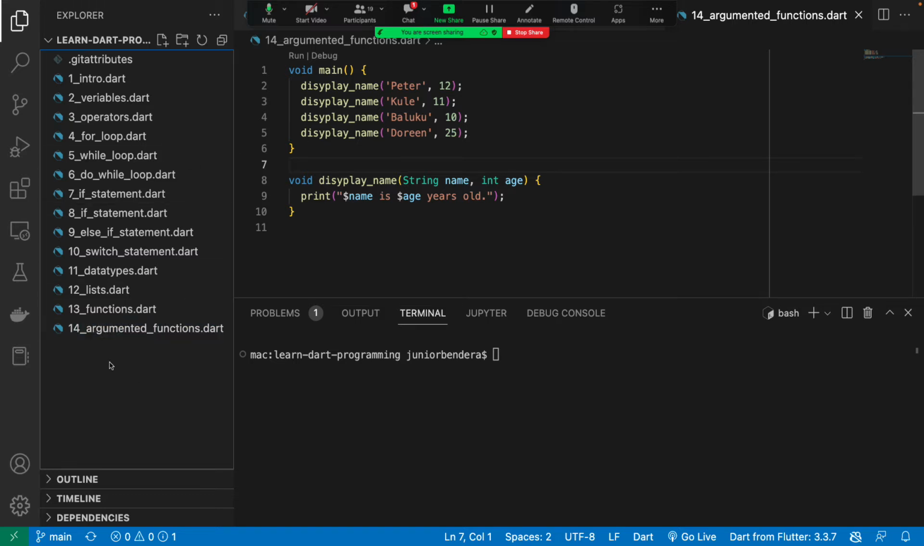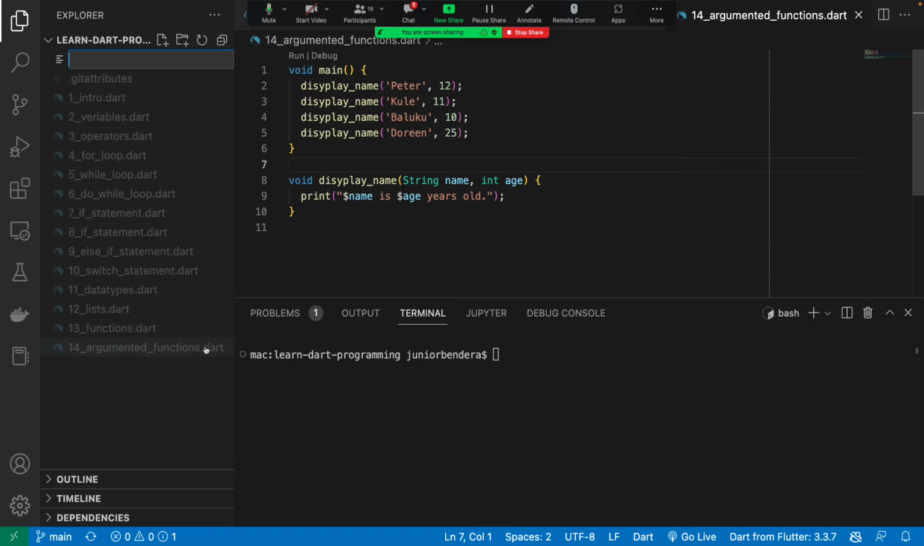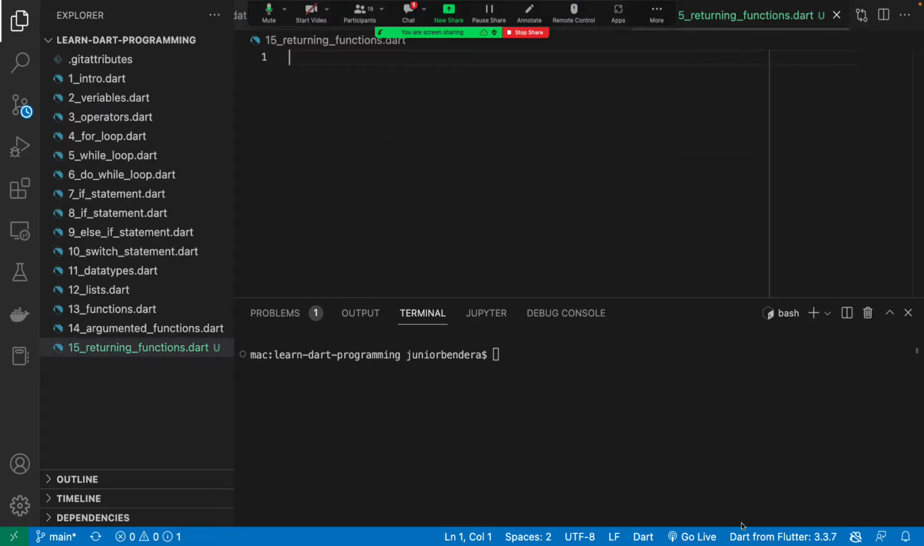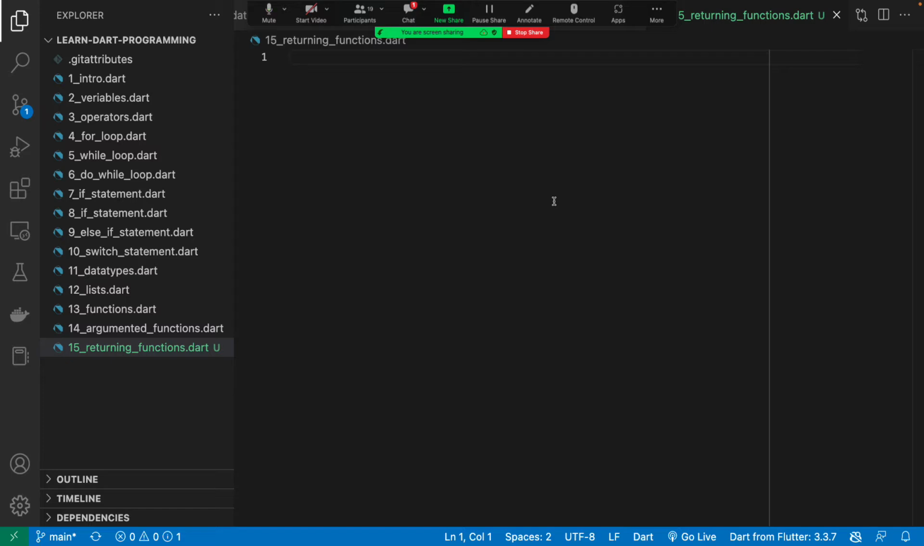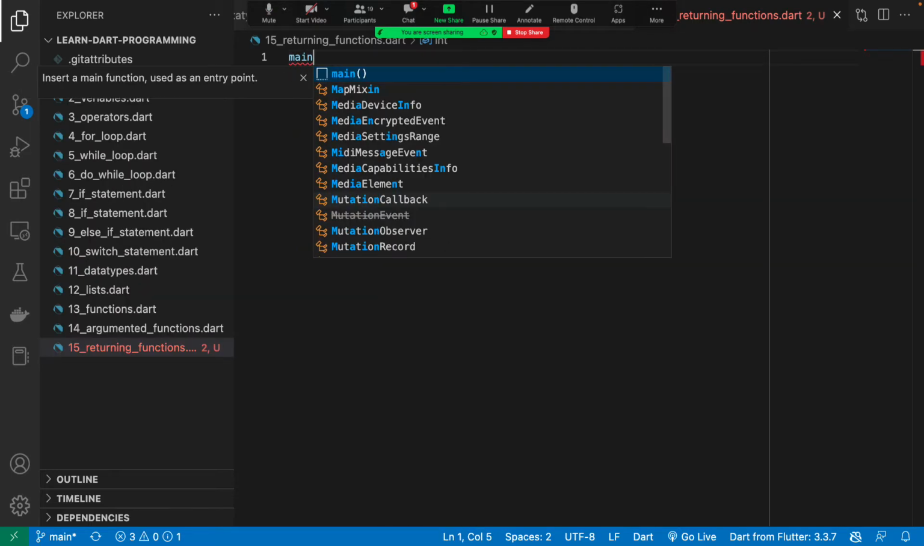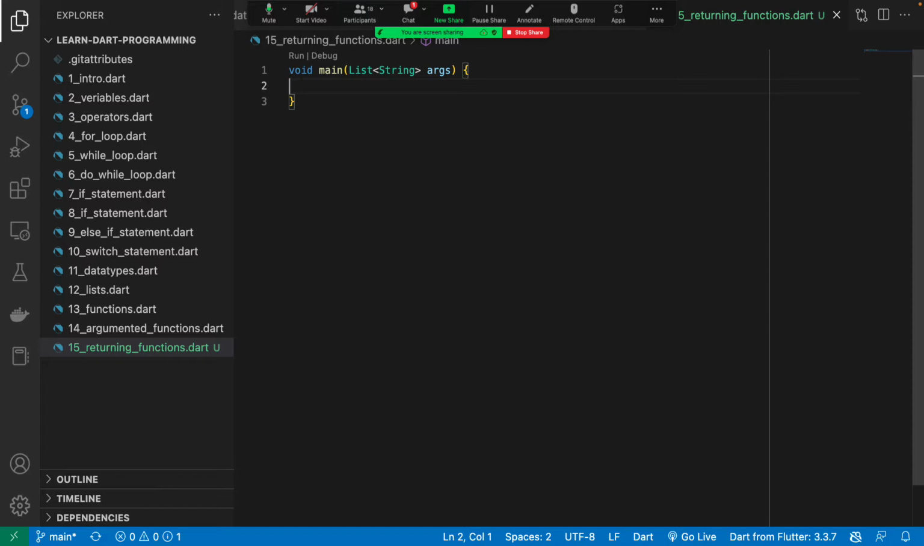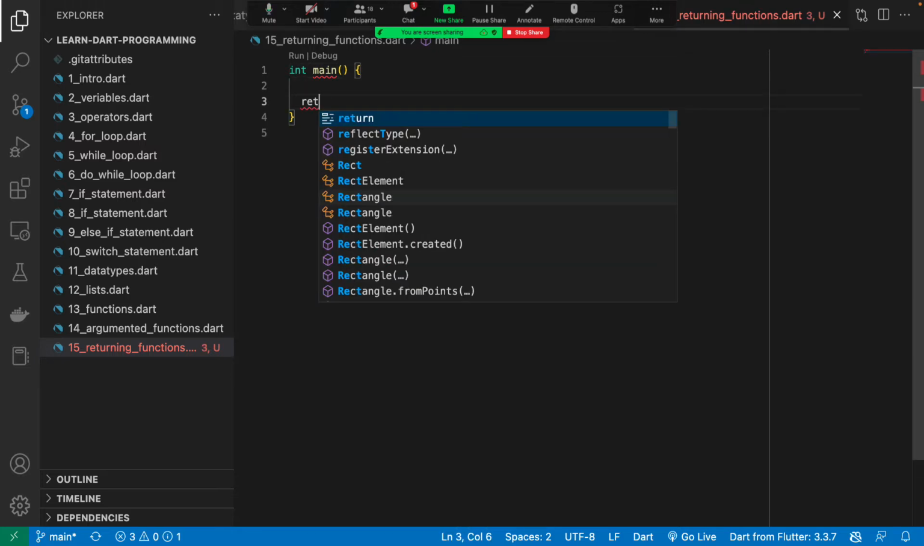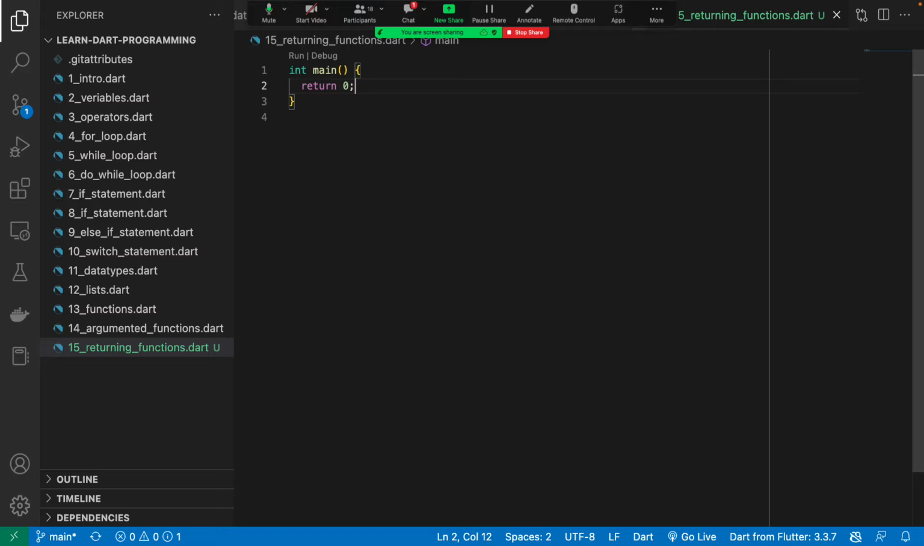So I'm going to come here and create another file that I'm going to call 15_returning_functions.dat. Then I'm going to create my main function, let me say to return an integer and taking no parameters. Then I'll return 0 here. So first of all, we are going to make a function that is going to calculate